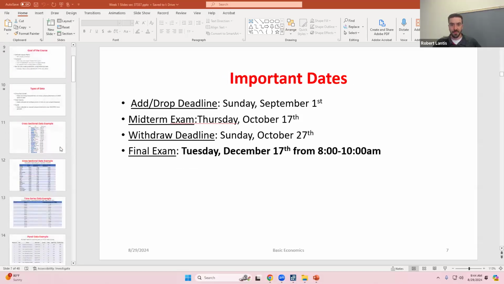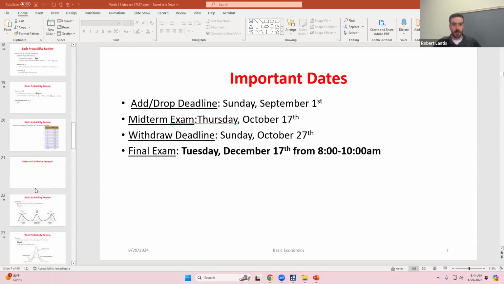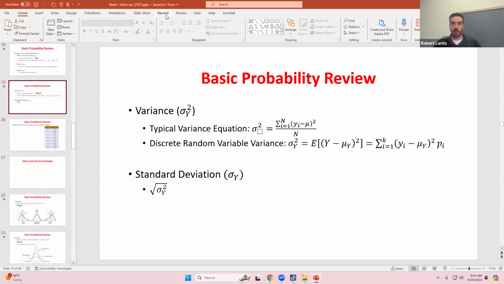So, I don't know where we left off. I believe we talked about means, but we didn't talk about the variance. A couple things off the top today before I forget. And this is why I try not to be an admin professor and write things down so I don't forget anything. Okay.